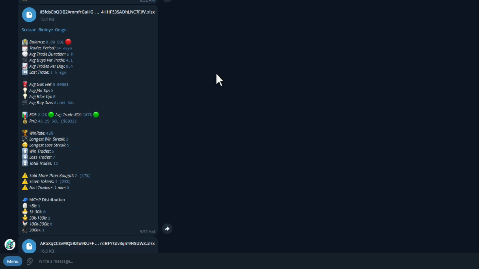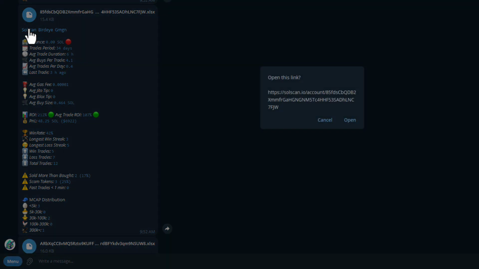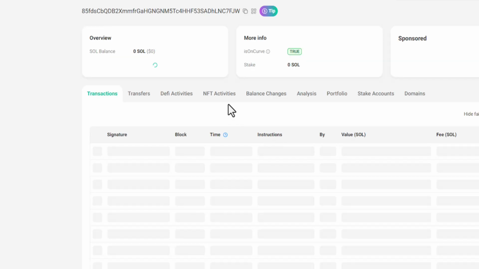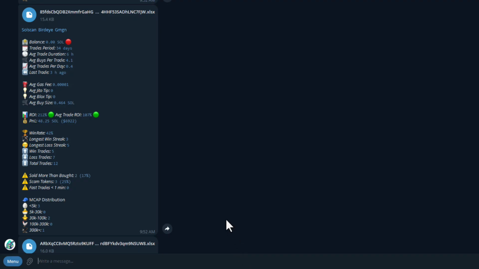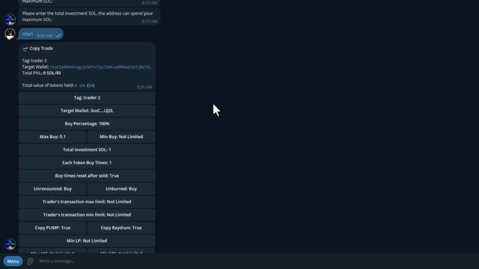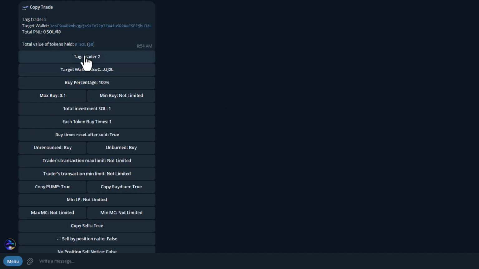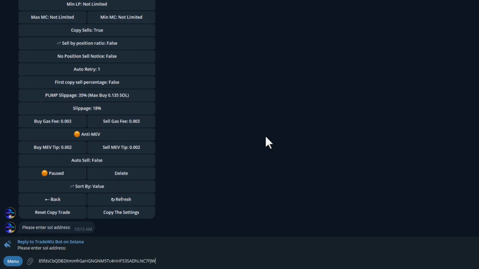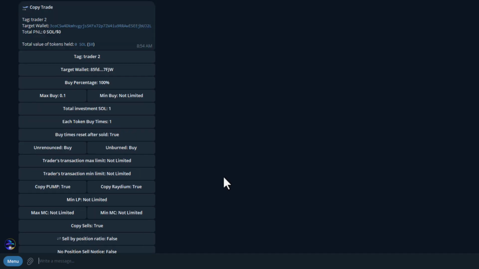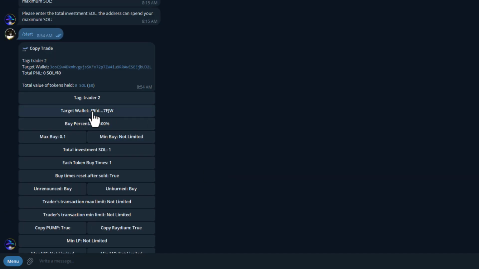So this is just an example, but say this is the one that we ended up on, that we thought was the most profitable, the best one to copy trade off of. We're going to click on the SolScan button so we can get the actual address of the wallet. We're going to go back into Telegram. We need to open up the TradeWiz bot again and make sure we're on the trader profile that we just created, Trader 2 for us. And now we're going to change the target wallet address. Paste the one that we just found. Now we have that new wallet address updated in there